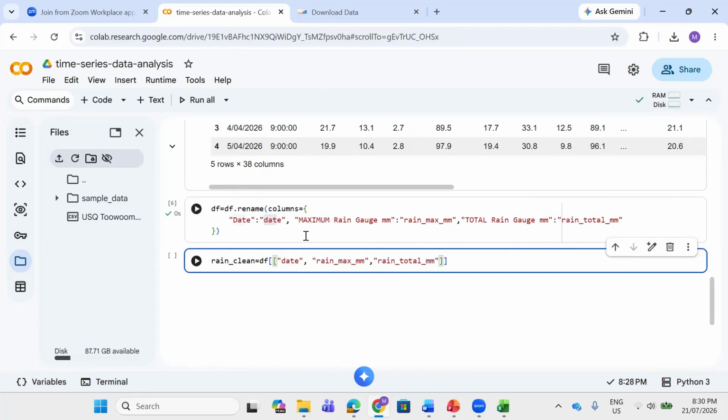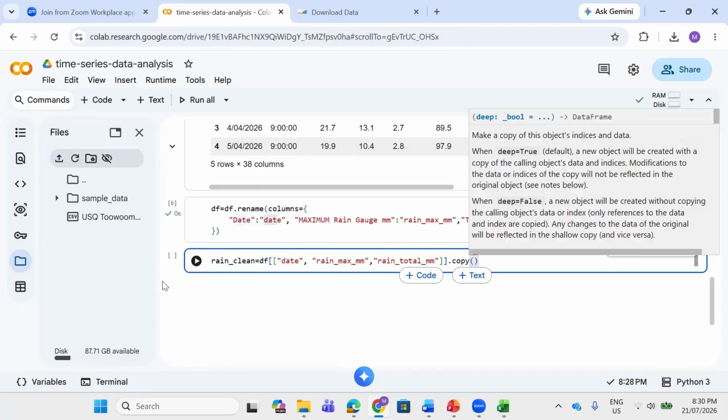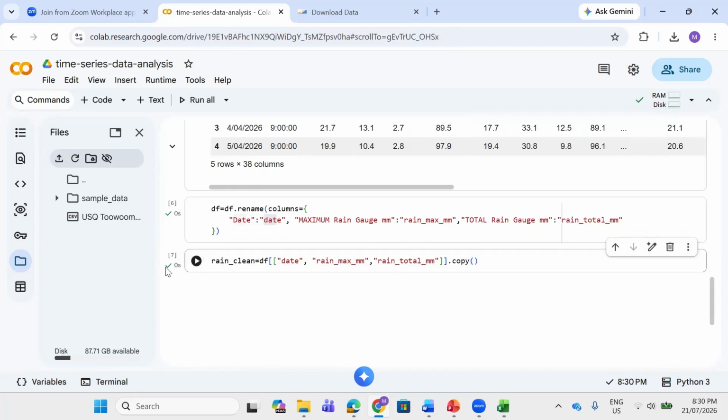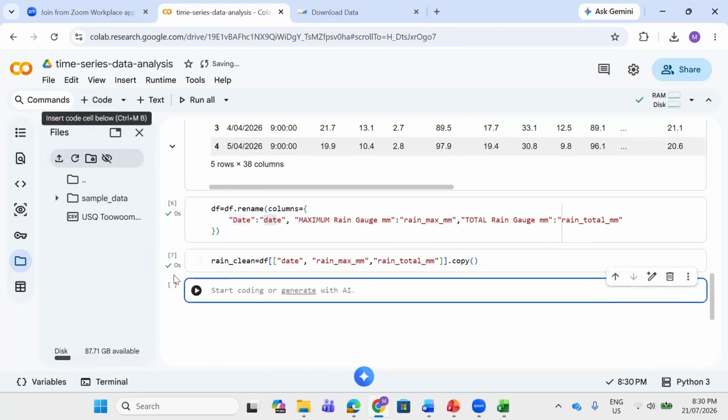So once you're done with this, you can just add a copy, and then hit the run button. Fortunately, we did not encounter any error message. It means we are good to go. The next one is